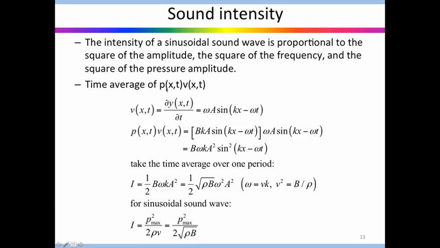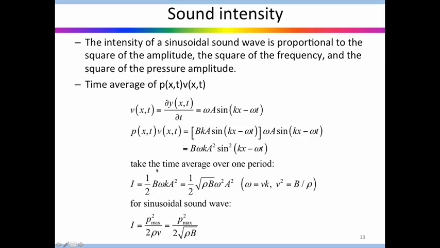If you recall what you learned in mechanics, the force times the velocity gives you the power. Here it is pressure instead of force, because all you have to do to get a force out of the pressure is to multiply it by area. For a sinusoidal wave, we know that the velocity is just del y del t, so this is omega a sine kx minus omega t. Now the pressure, of course, we have learned that already. It is also proportional to minus b del y over del x. So we can differentiate that, and we find that this is b omega k a square sine square of kx